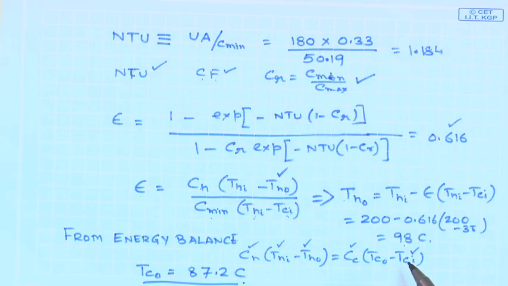So, this again shows you the utility of epsilon NTU method. In this specific case, you do not know either of the outlet temperatures. What you know are the mass flow rates, the specific heat capacity, the overall heat transfer coefficient, and the heat transfer area available for such operations. So, using an LMTD approach to solve for this would require a long iterative procedure. So, epsilon NTU provides you an alternate, elegant and shortcut method to find out what are these two unknown temperatures.